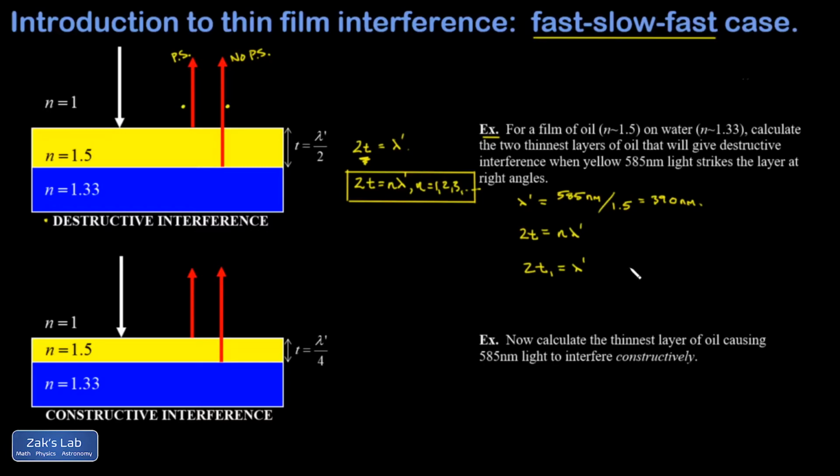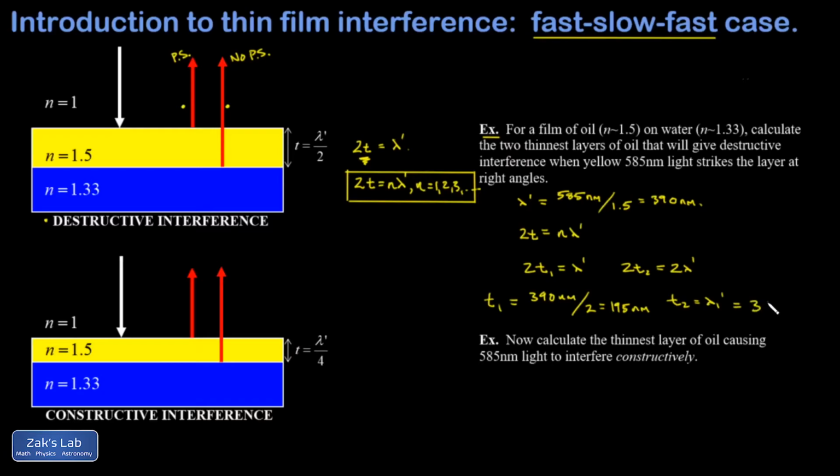The next thickest layer of oil that causes destructive interference of this wavelength, that's T2, and I know that 2T2 is going to be 2 lambda prime, just subbing in n equals 2. Solving for T1, that's lambda prime, the wavelength in the oil, over 2, and I get 195 nanometers for the thickness. Solving for T2, that's just equal to lambda prime,